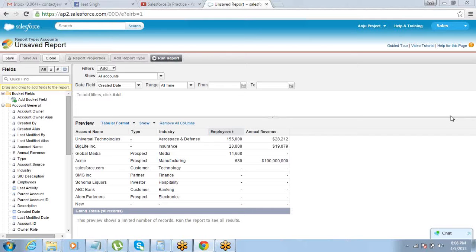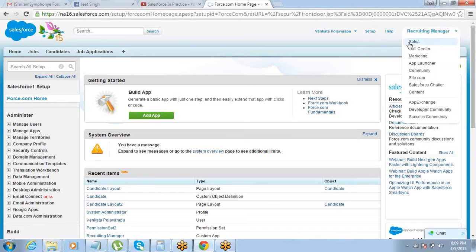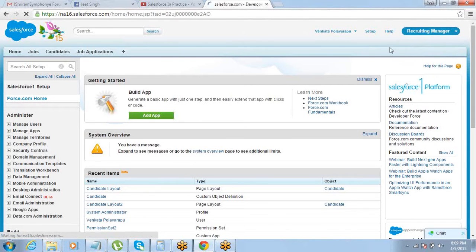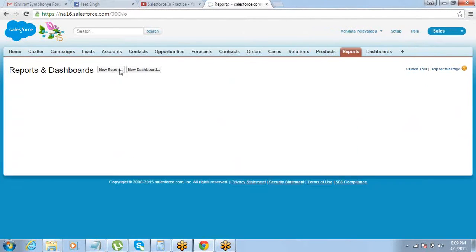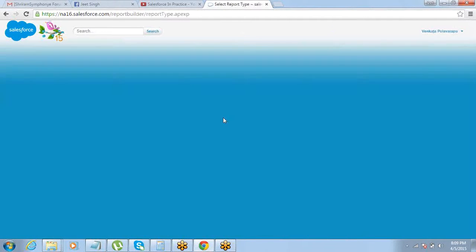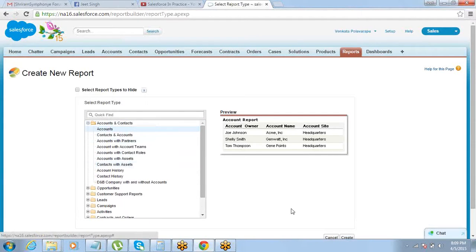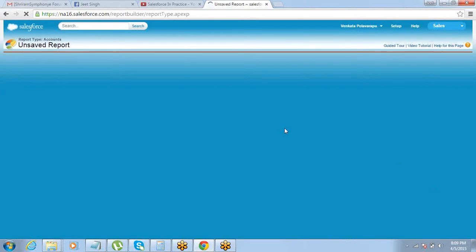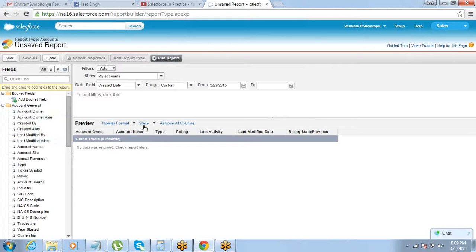Okay, just logged into this other account. So let me quickly go into the same report. Go to the reports tab, click on new report, create a report for account, click on create, and then put the fields that I need.